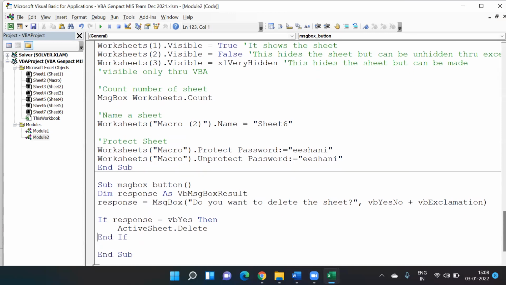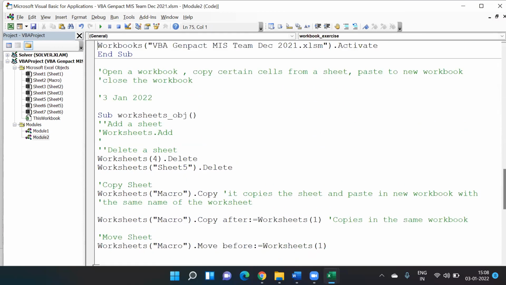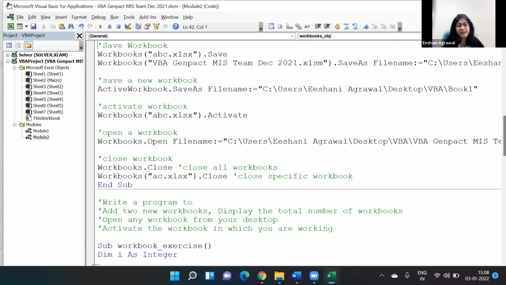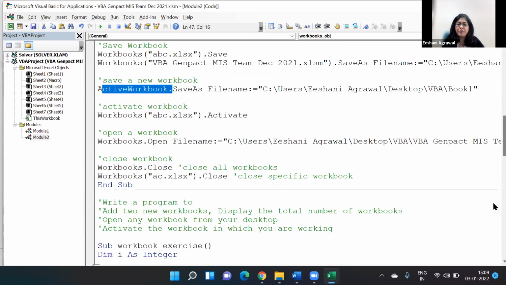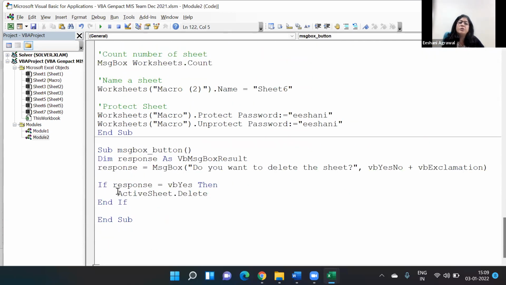Why don't we use Worksheets.Delete? Active sheet is a new phrase. Just like when we were working with workbooks, I introduced you to the terminology of ActiveWorkbook, a book which is active in the front end. Similarly, to use Worksheets, I need to know the position or the name. Now I don't know the position and the name where the person will be. So whichever sheet is active, when you're trying to delete, this message should pop up. So we need to use the ActiveSheet object. Now, if I run it,